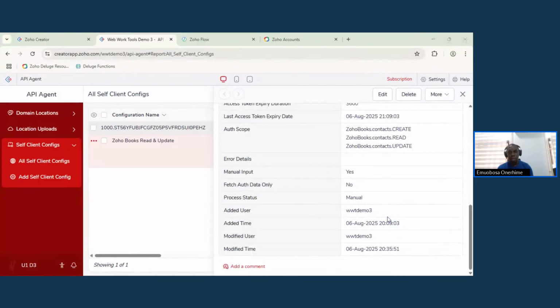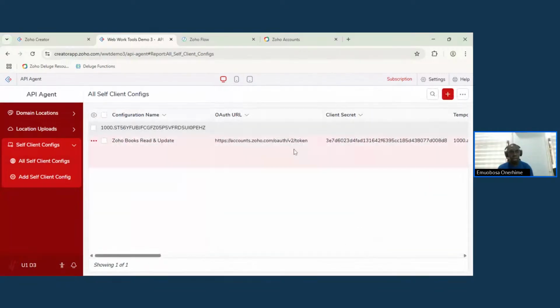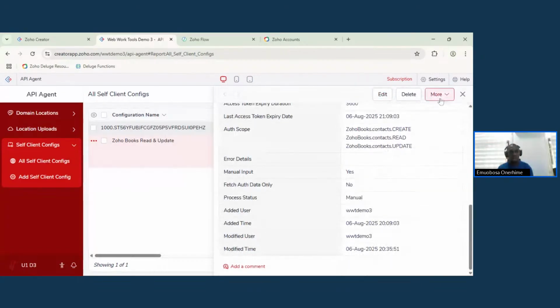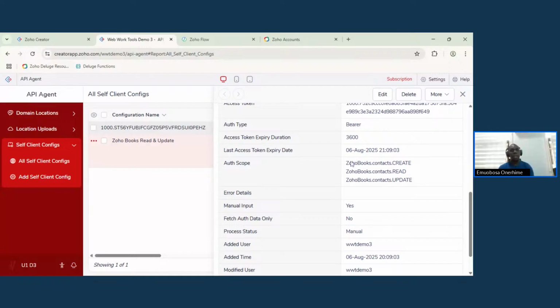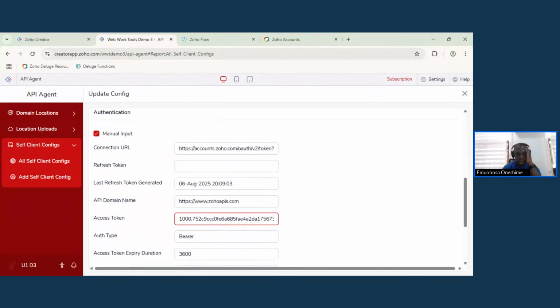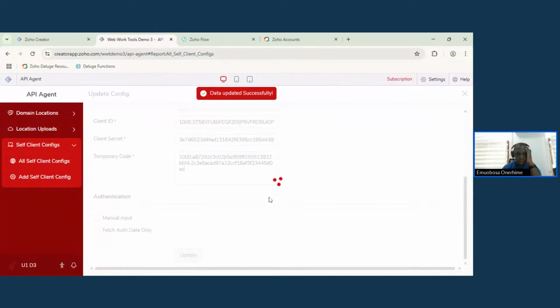So this is a manual record. After revoking the refresh token, this record is set to manual. So even if we save it 1,000 times, it's going to be manual, and it's not going to work if we take it off being manual input. So if we remove this manual input now and we go ahead,